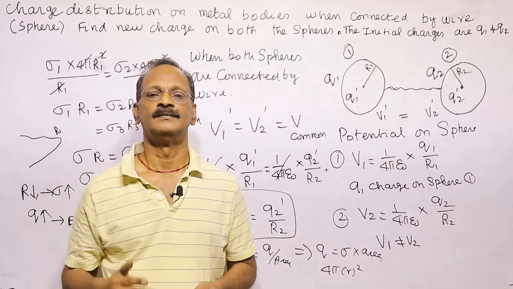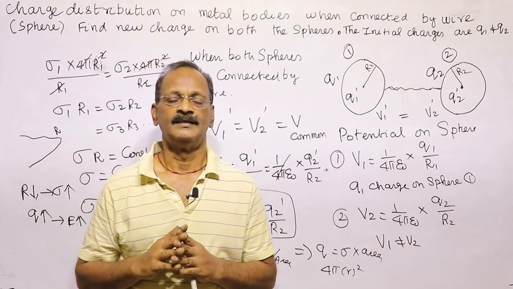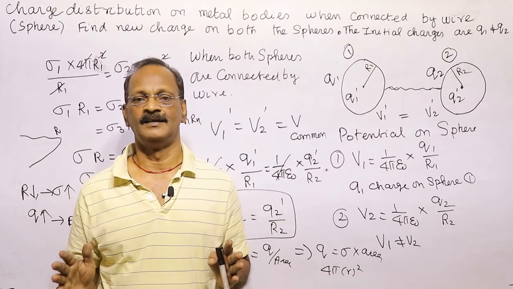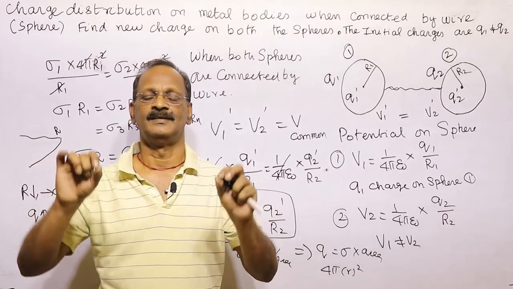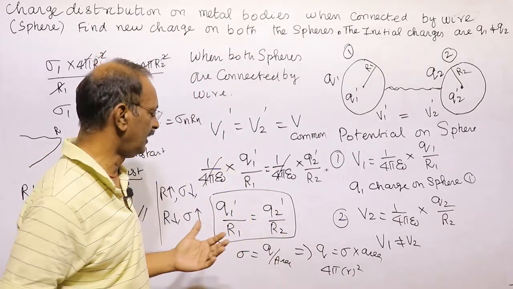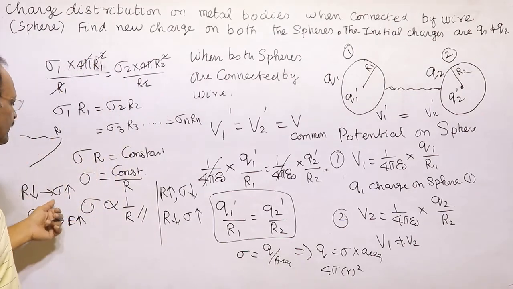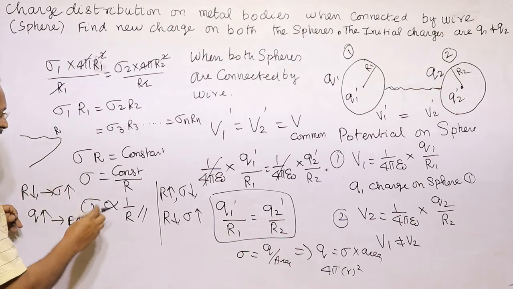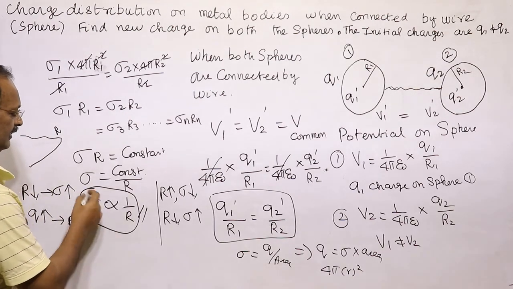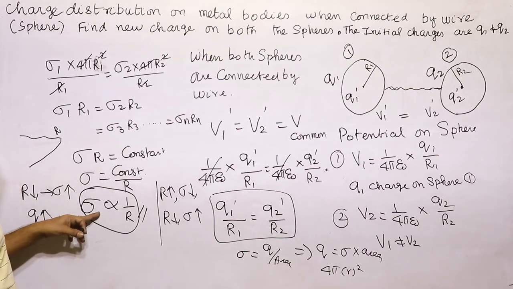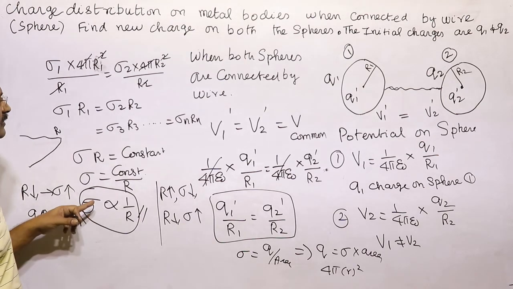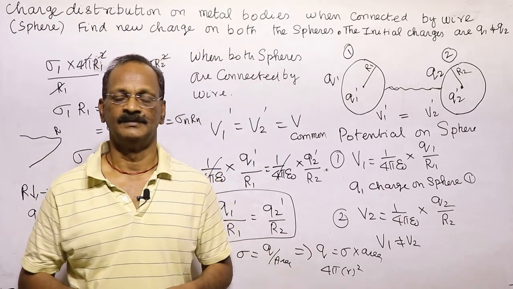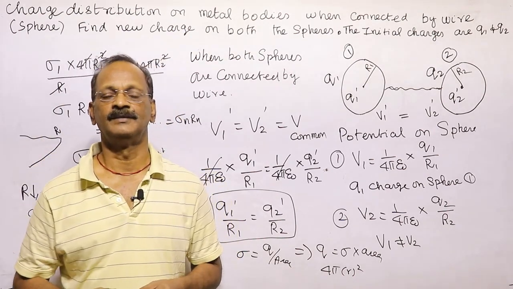At a flat surface, the electric field will be sparingly distributed. The charge will be sparsely distributed over a larger distance. So the electric field will have high strength when the radius is small. From this relation, if the radius is small, the charge density is more; charge density more means charge is more, which means electric field intensity is also more. This is the important relation which we will be using very frequently.